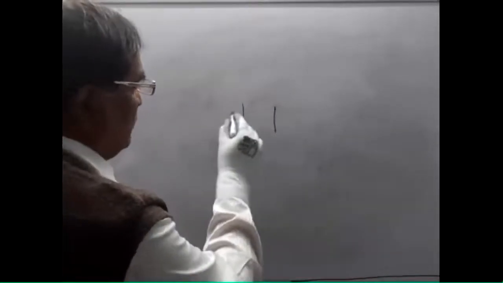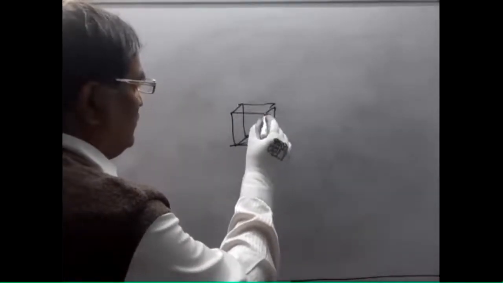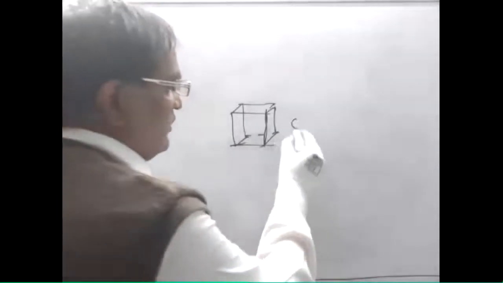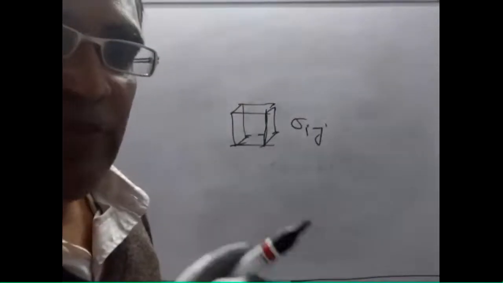So let us start. Basically, the Mohr circle diagram is a geometrical representation of the stress at a point. You know the stress is a point property, but that point should not be imagined as spherical. It should be considered a tiny cube. This is where we define the matrix sigma ij. So point means that it is a cube.